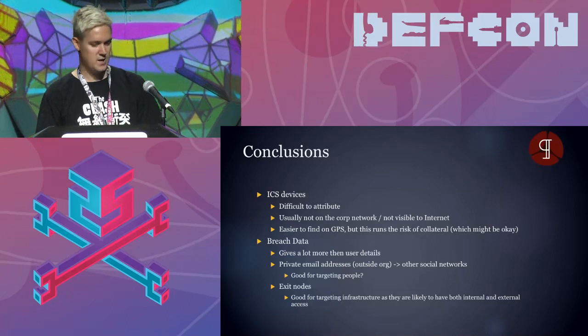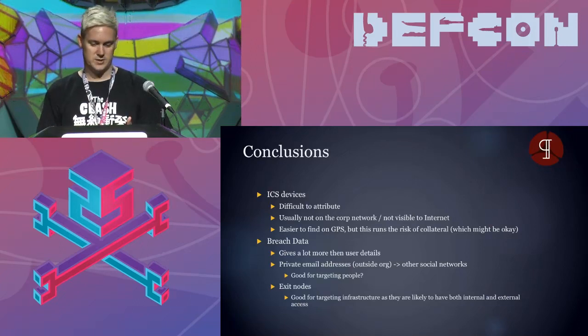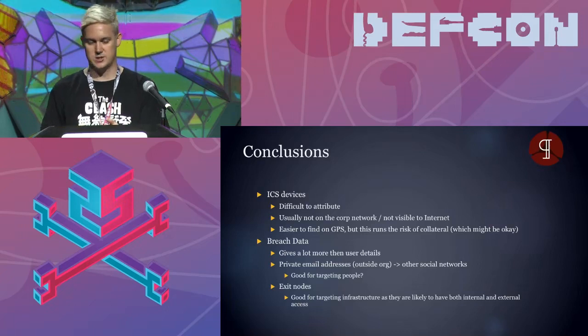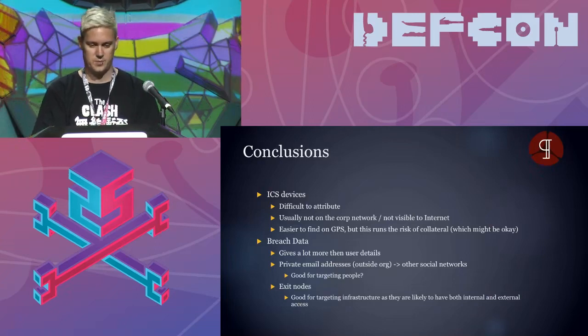Then if you look at the breach data, it gives us a lot of information on the people and organizations. So first I find exit nodes. I can validate those, that's where they come from an organization. As a pen tester, you would maybe target those because they have both internal and external access. Then you also find the private email addresses, right? So I can say, hey, cool, I can go from someone who works at a particular target, find their network space, find the accounts they're registered with, and say, cool, now I've got their Gmail or whatever, I can look it up on Facebook or whatever else, and then have the ability to go and target those individuals privately outside their organization.